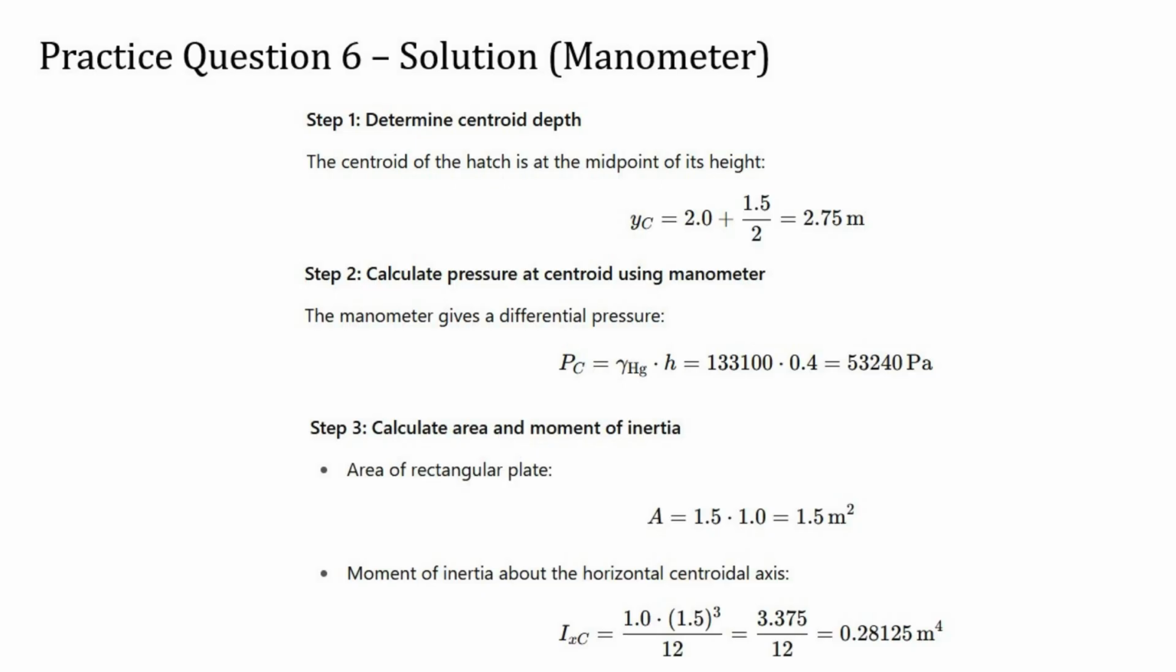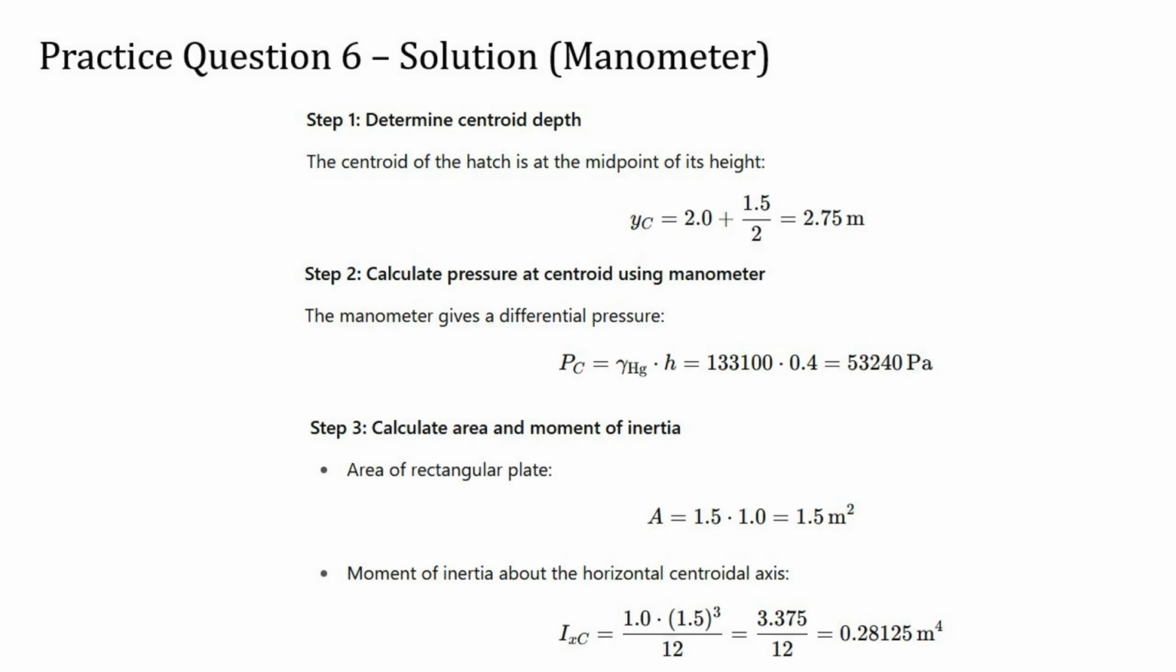With that pressure, we move on to find the geometric properties of the hatch. The area is straightforward. Multiplying the height and width gives us 1.5 square meters. We also need the second moment of area, or moment of inertia, about the horizontal centroidal axis. For a vertical rectangle, this is 1/12 the width times the height cubed. Plugging in the values gives a moment of inertia of